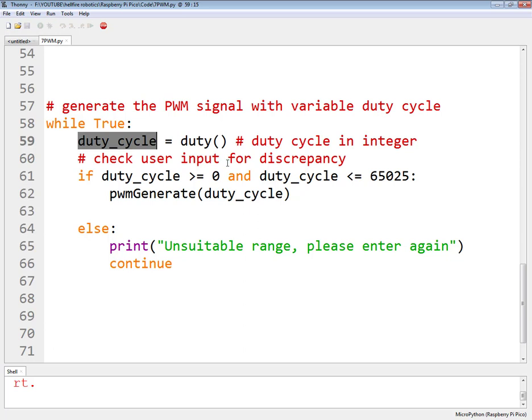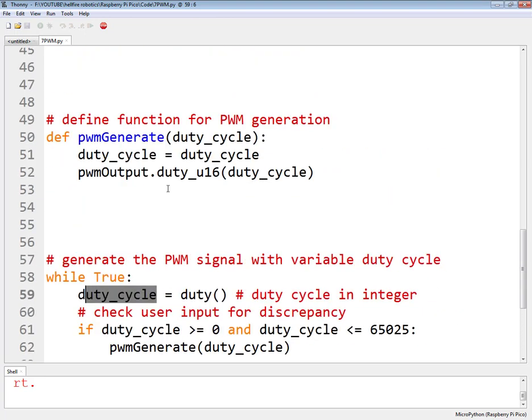Now check the input for discrepancy. If the duty cycle is greater than or equal to 0, it means the user has entered something which is at least 0, and the duty cycle is less than 65,025, which is the valid range suggested by MicroPython, then you have to generate the PWM signal with this duty cycle as the input parameter, the duty cycle which this function is returning.